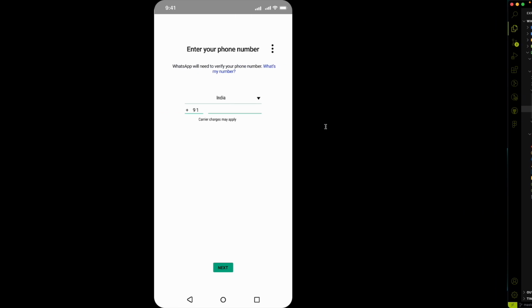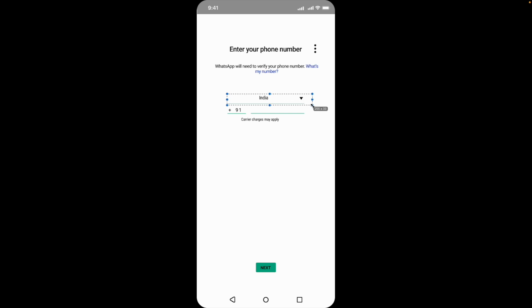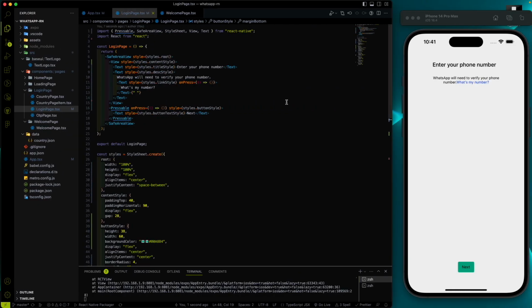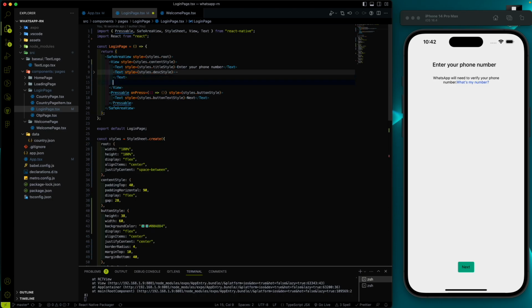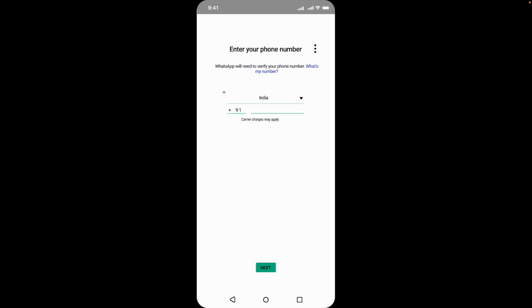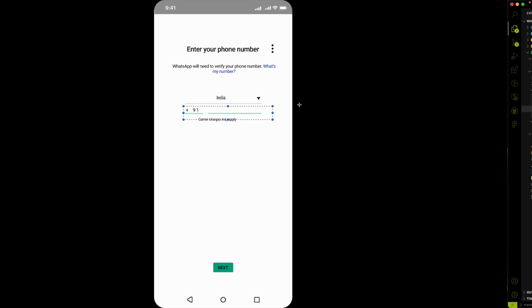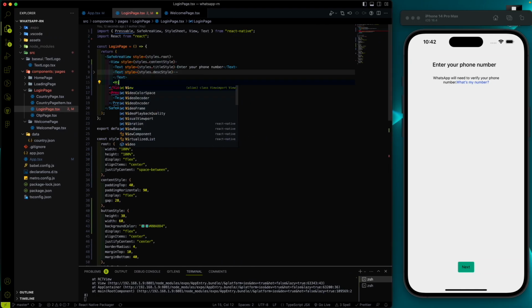Now let's work on the next thing, which is this kind of button. On click of this button we need to open the country page. Okay, so let's work on that. But for that what I will do, so this is our first child inside this content style, and this is our second child. Let's add another view. Why? Because this view is going to have this button as a first child, and this input box as a second child. Okay, so let me add that view,